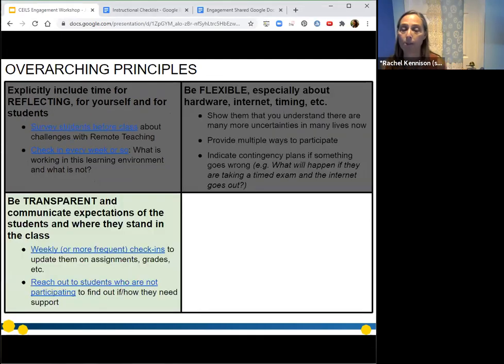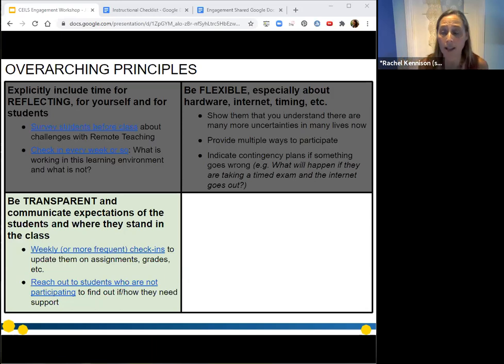The third principle is about being transparent, right? About the way that you're communicating, about the reasons why you're doing what you're doing in terms of how you've designed an activity, why you've designed it that way, and also where they stand in the class. So again, imagine they're out there in cyberspace, trying to keep track of all their assignments, and they don't know what grades they got. In the past, when we were in person, maybe we weren't paying as much attention to this, but in the remote environment, it's really important for them to have a sense of security and understanding where they're standing in the class and how they're getting that feedback, right?